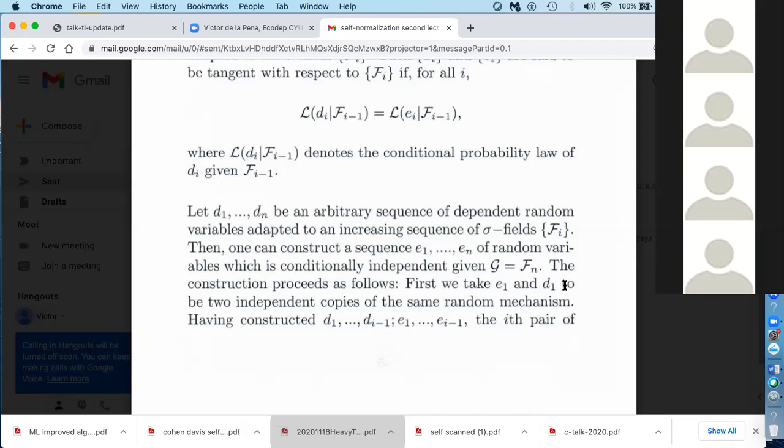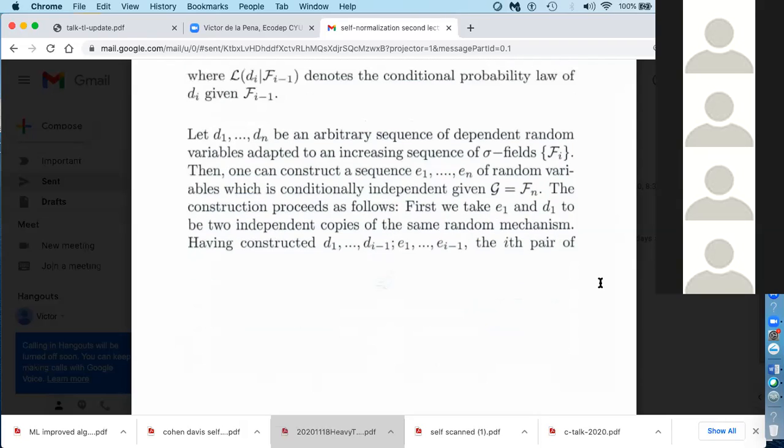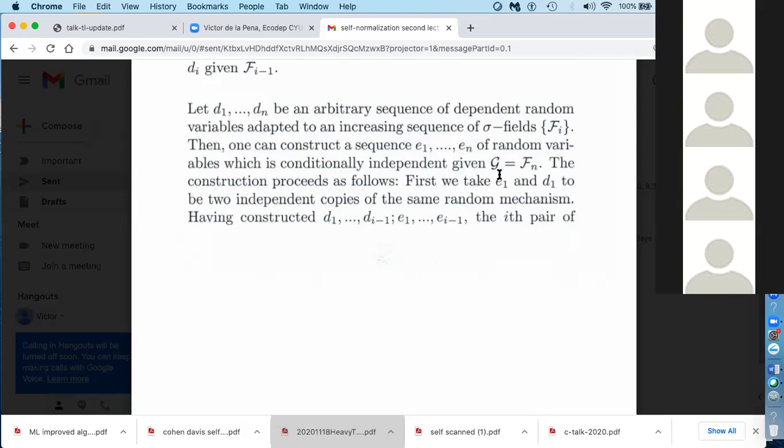In my book, you can find a graphical description of this. Okay, so having obtained the first E sub I, where the E sub I are conditionally independent, what I do is the ith variable is constructed. So having constructed D1 up to D(i-1) and the respective E's, then the ith pair is obtained by repeating the